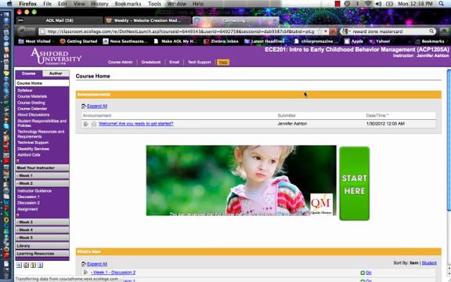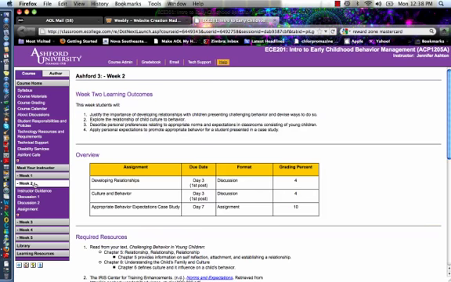What you are looking at right now is the home page of our course, and I'm just going to guide you through the classroom as to where to find everything in order to complete the week 2 assignments. The main thing you want to do is remember to always go to the left side of your screen to these gray links. For week 2, I'm going to click on the gray week 2,